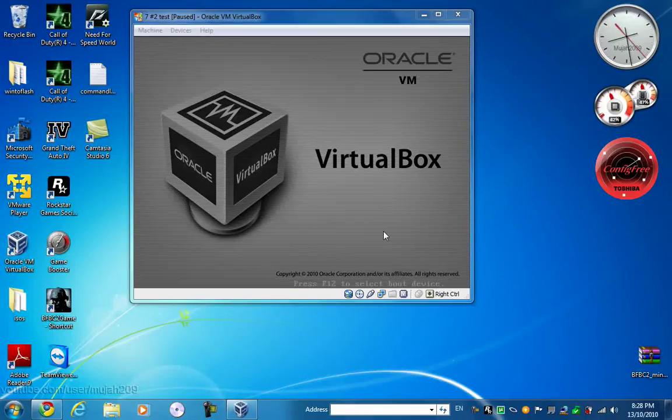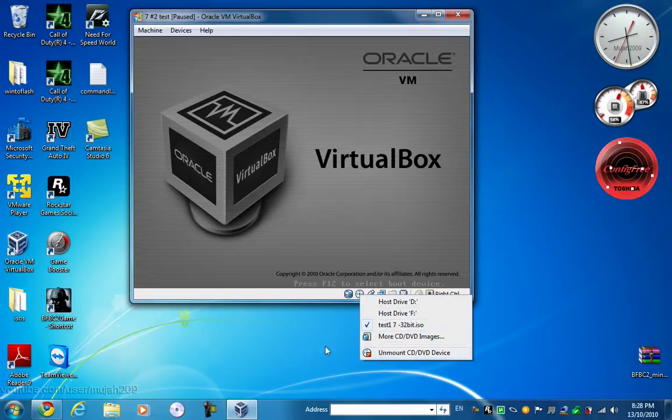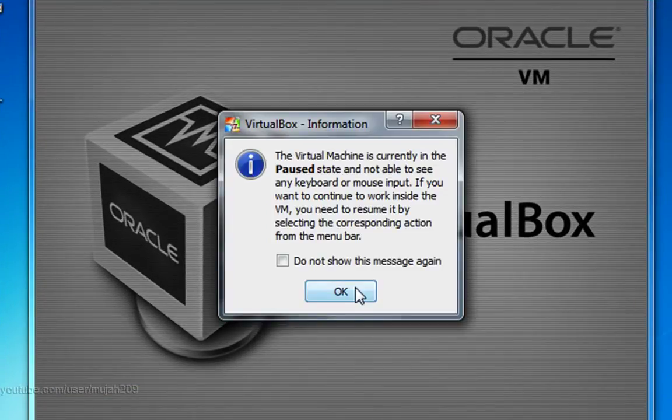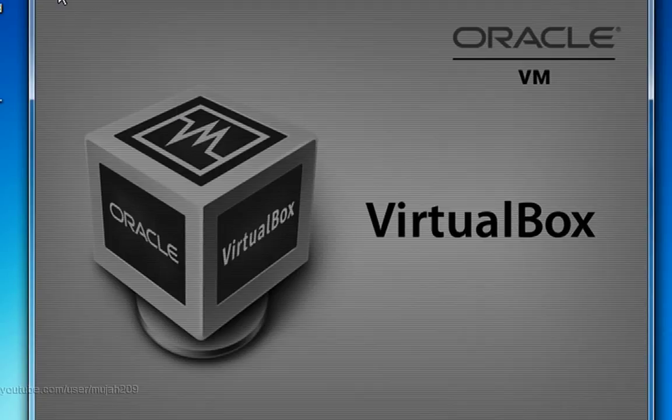Hello guys, today I'll be showing you how to install Microsoft Windows 7 onto your PC. So let's get started. First of all, you'll need to put your Windows installation CD into your CD-ROM,